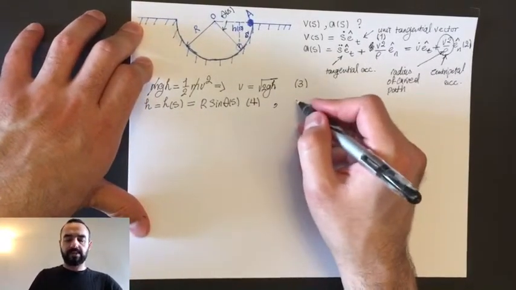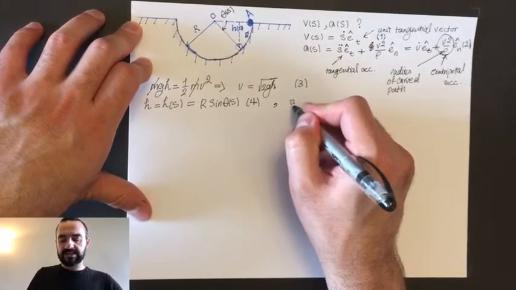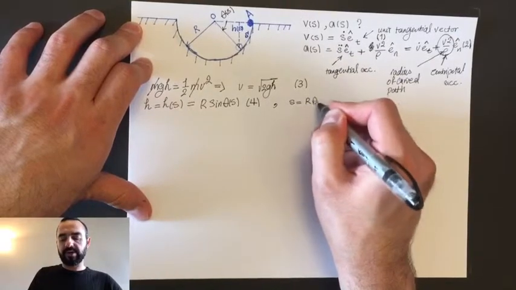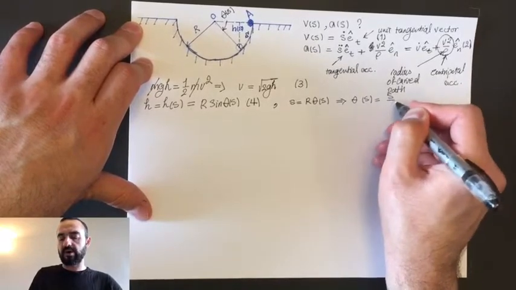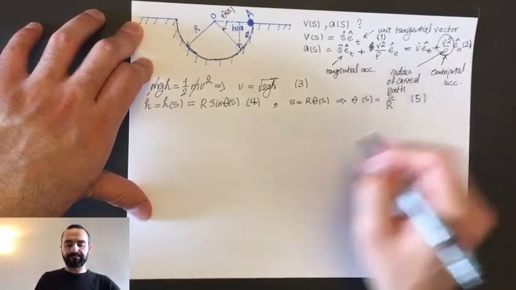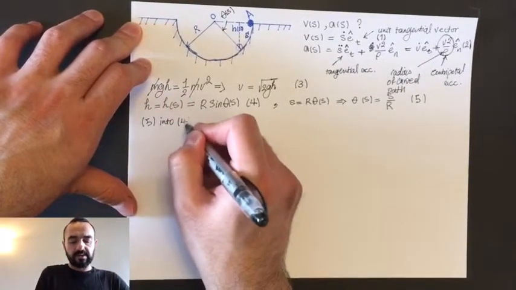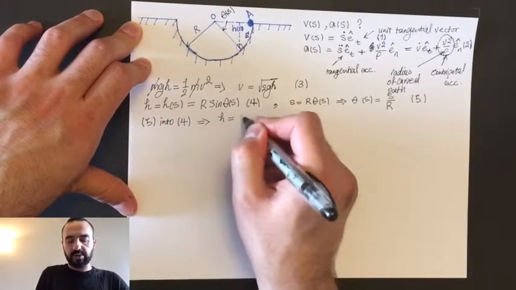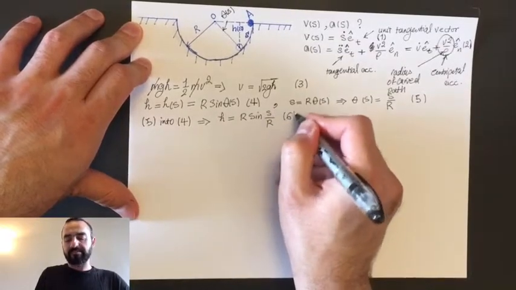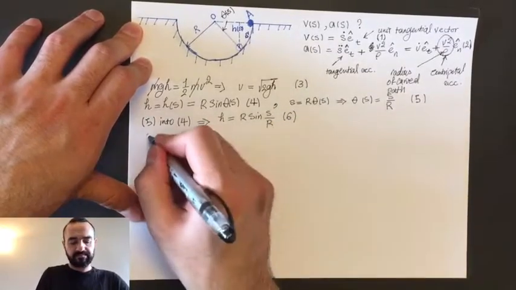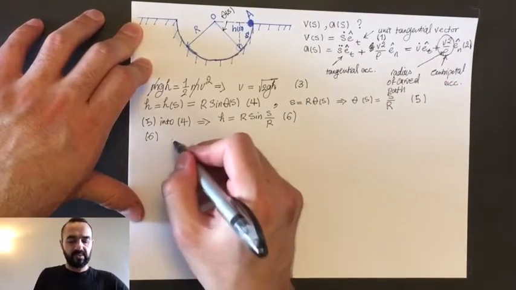And theta, from basic geometry, you know that s is equal to r theta, so theta of s is s over r. This is 5. So 5 into 4 gives us h equal to r sine s over r. This is 6. And if you substitute equation 6 into equation 3, you get